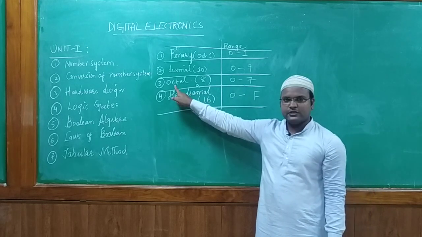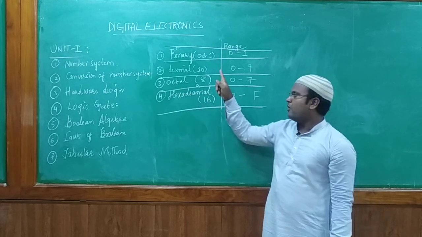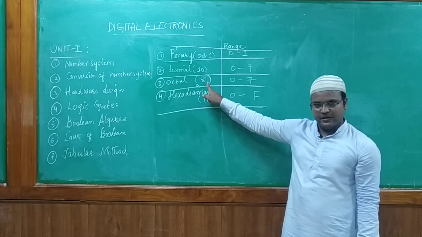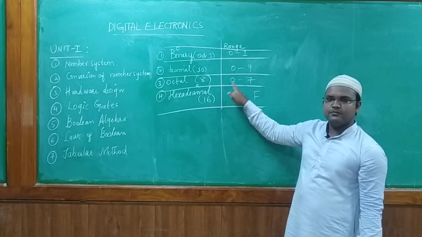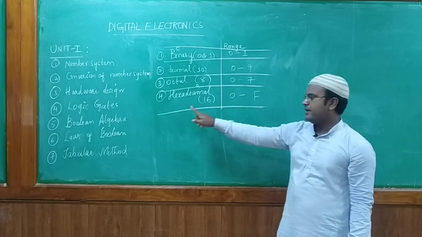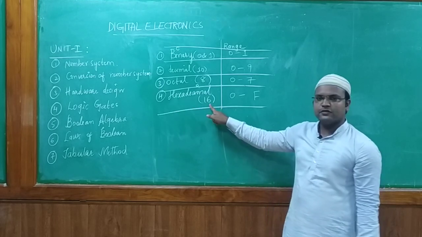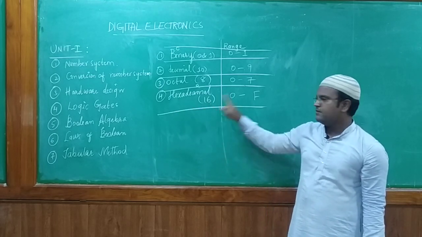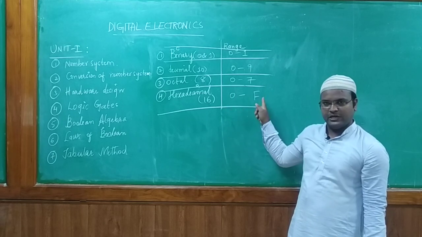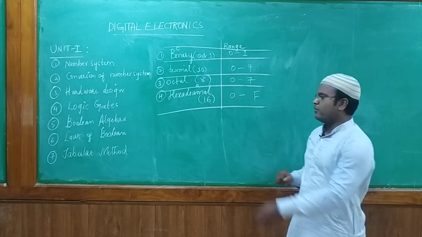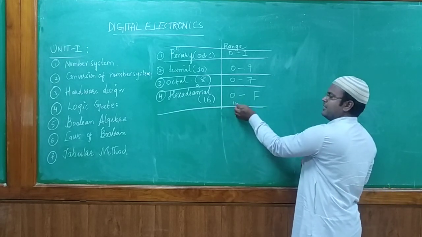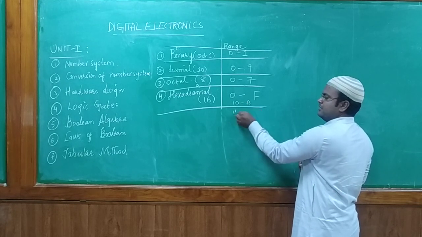Next we had octal. What is the meaning of octal? Octal total combination needs to be 8. It has the numbers from 0 to 7. Like that, the next number system is hexadecimal. The total combination of hexadecimal should be 16. It should have the values from 0 to 15. In that 0 to 15, what we are writing? We are mentioning 10 as A, 11 as B.